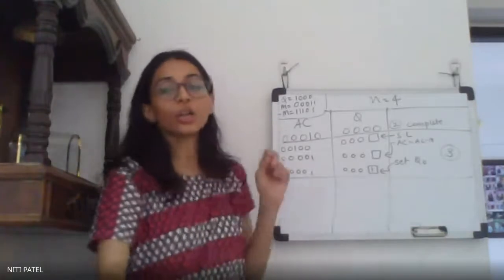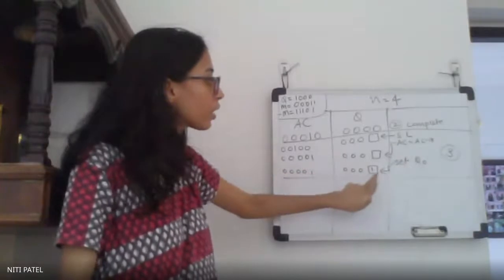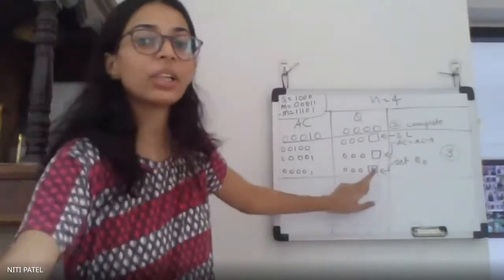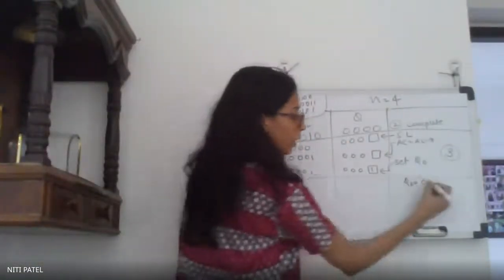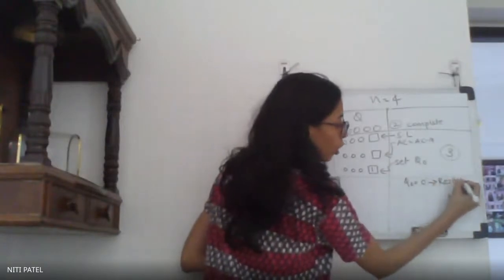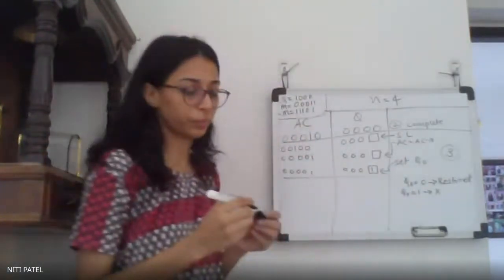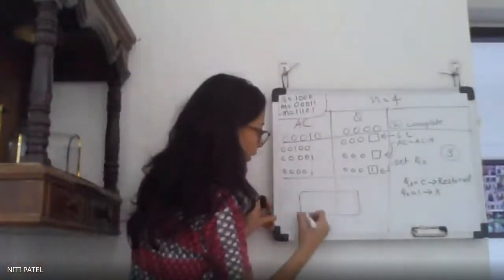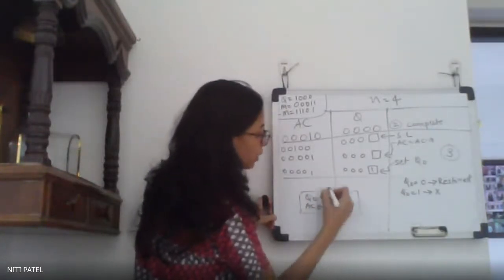So whenever you set the value of Q0 equal to 1, your cycle will never be restored. Your cycle will be restored only when Q0 is equal to 0. This is the only place where you will get the restored value, and when Q0 is equal to 1, it will not get restored. So in the algorithm where you have the chart written like this, Q0 is equal to 0 and AC is equal to AC plus M, the yes part.